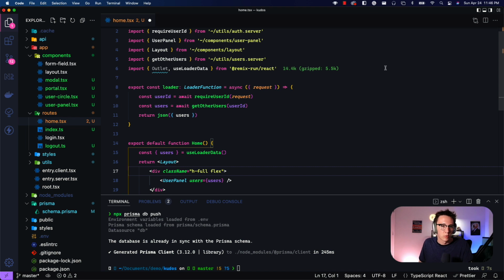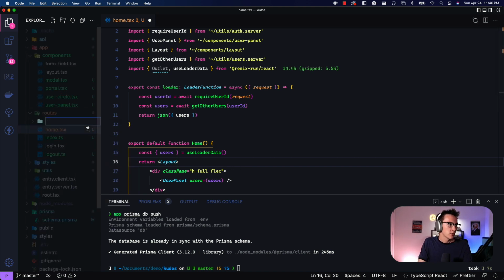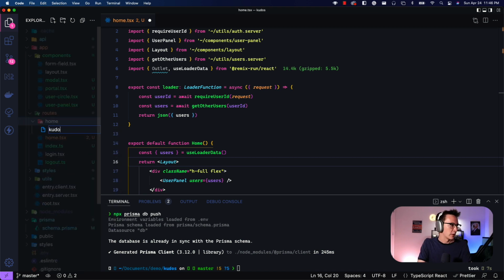And now that we have our modal component available to use, let's go ahead and put it to use. And to do so, we're going to set up a subroute of our home route. And within that subroute, we'll render our modal. So anytime we go to that subroute, our modal will render above our home page. And here's how we'll do that. If you go into the routes folder, create a new directory in there called home. And this name is important because we do have a file called home.tsx. If we name a folder the exact same name, any file within that folder is going to be recognized as a child route. So we'll create a new file in there called